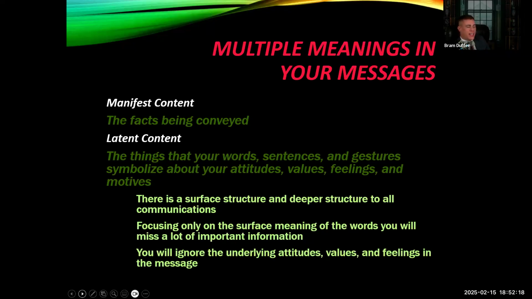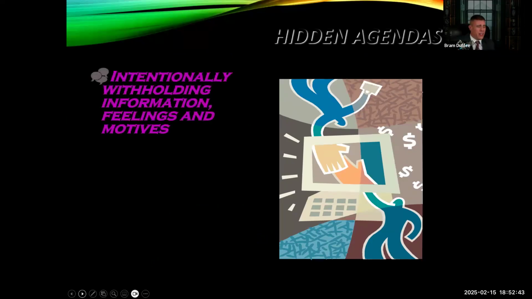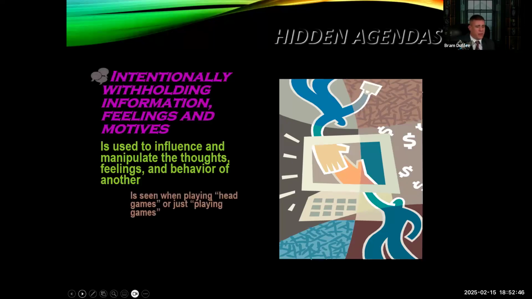So understanding messages requires us to look at both of these layers. And so recognizing the difference between manifest and latent content makes sure that you're better equipped to interpret messages accurately and build stronger relationships with people in a way that has resilience and communicate effectively. Now, for hidden agendas,